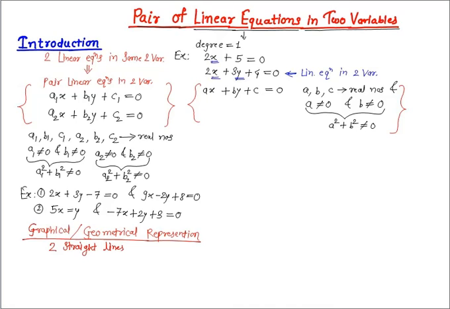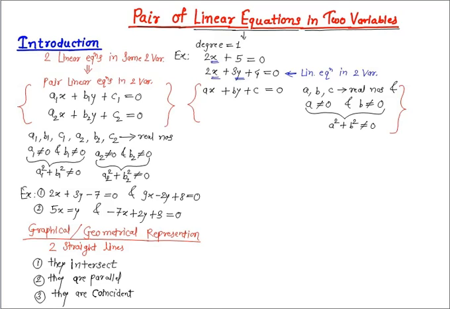And we have studied in class 9th that if we have two lines given in a plane, only one of three possibilities can happen. The two lines will intersect at one point. So the first one is they intersect. The two lines will not intersect, that means they are parallel. So either they are parallel. And the third possibility is they are coincident.